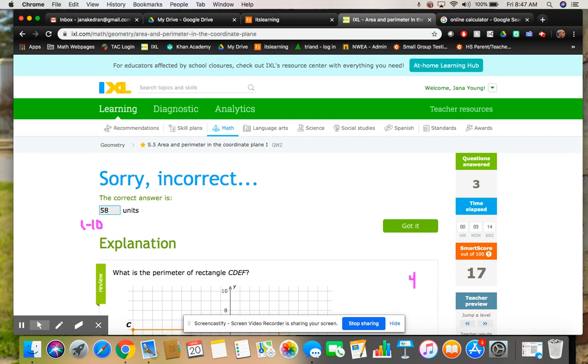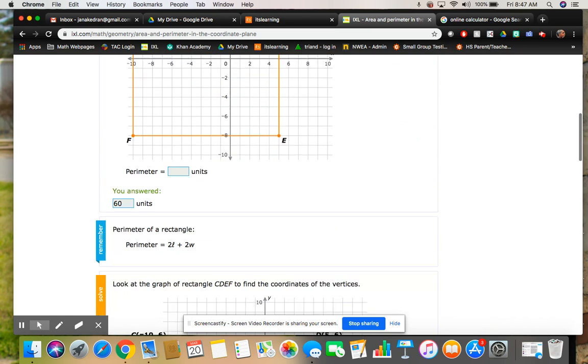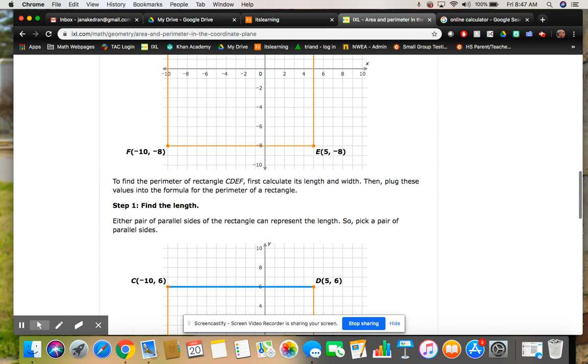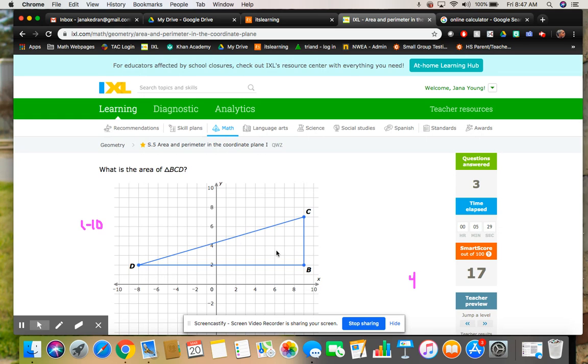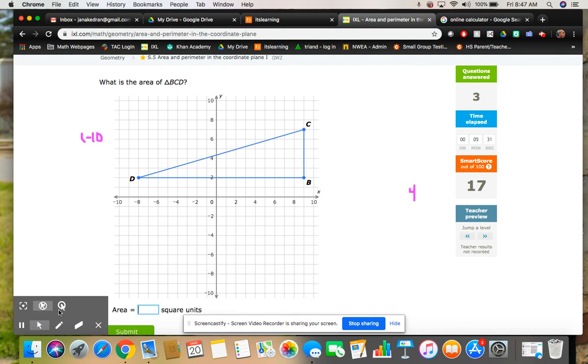Oh, I can't count. Sorry, I counted in my head and I miscounted and I counted to 60 instead of 58. See, this is why we should use a calculator first thing in the morning. Okay, so